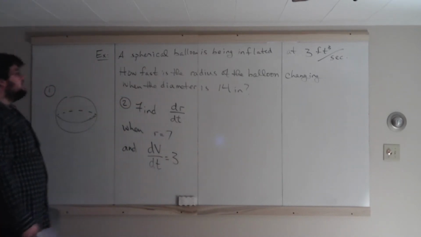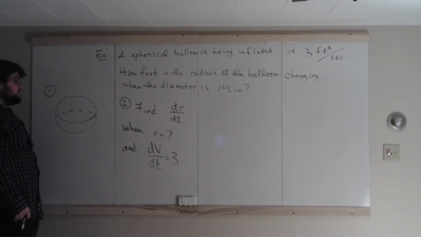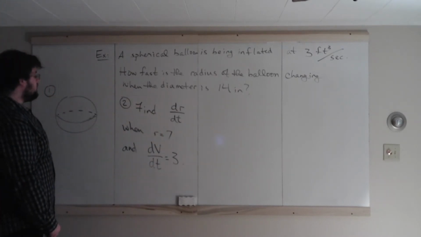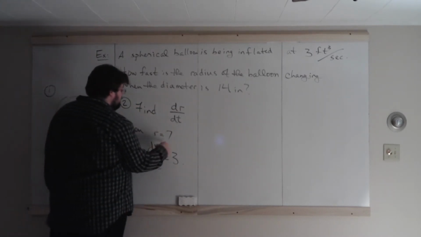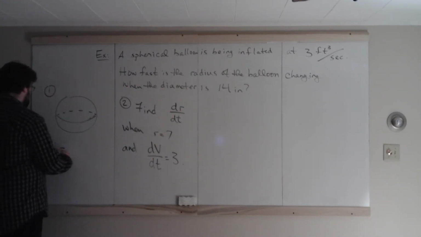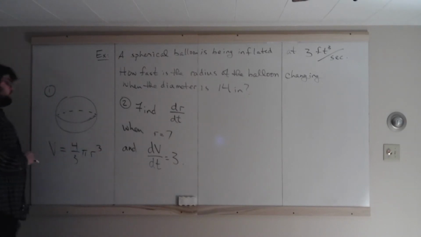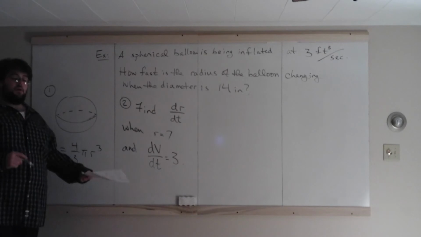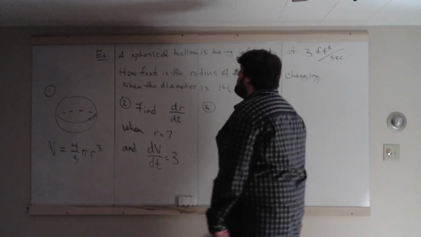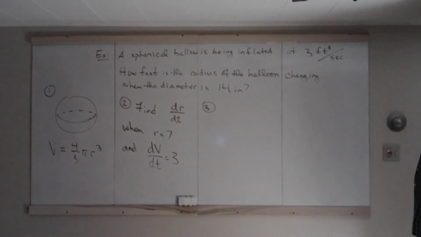Cubic feet per second. So that's telling us how the volume is changing as time is changing, dV/dt. Now from all of this, we're going to need an equation with volume and an equation with radius. Well, the volume of a sphere is what? 4/3 times pi times the radius cubed. So we want the volume of a sphere. And we want to find how the radius is changing, when the volume is changing at that rate, and when